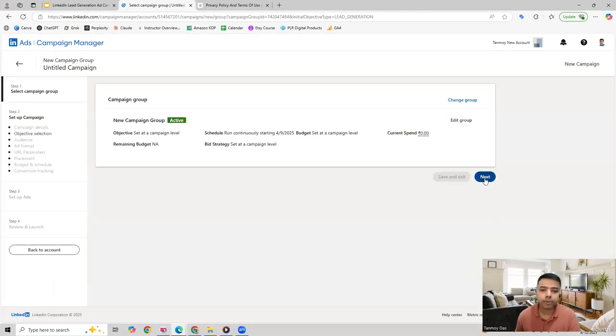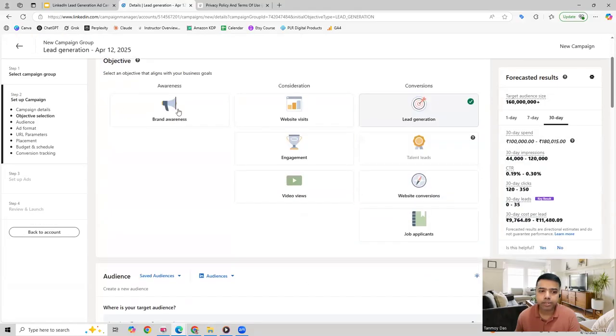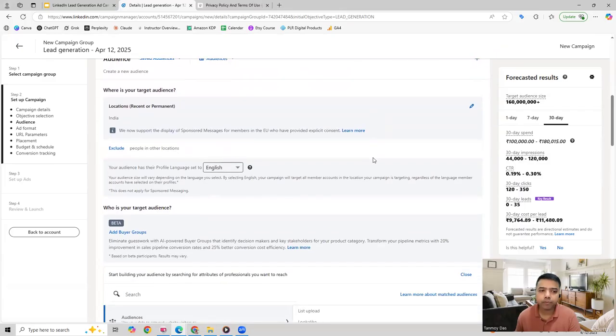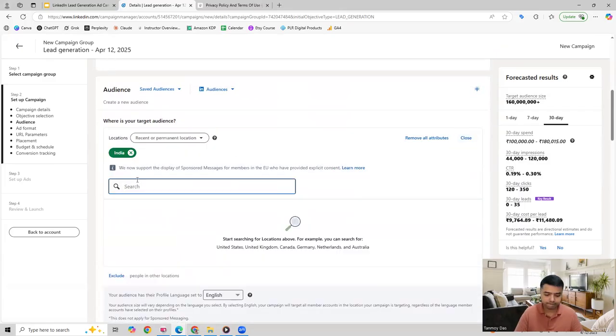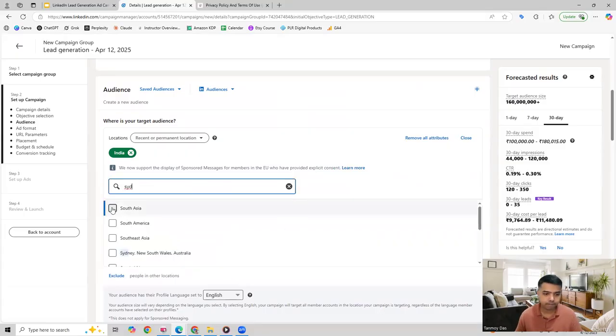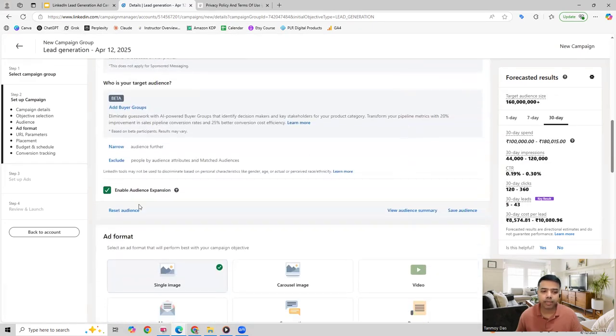And then we can look specifically at all the details of the campaign group. We can give a name to the campaign over here, as we have taken here, lead generation. And as you can see, the objective is lead generation. Then we can set the location targeting. Once you have the location targeting done, then we can do audience targeting as well,